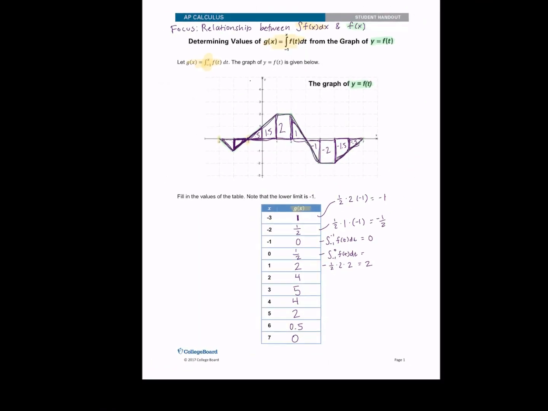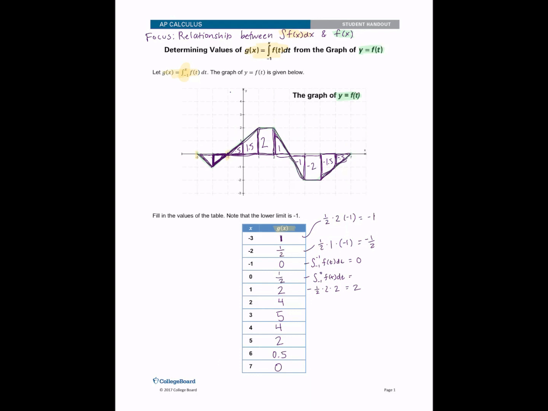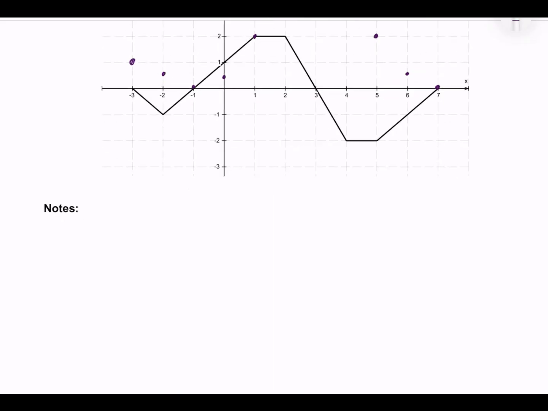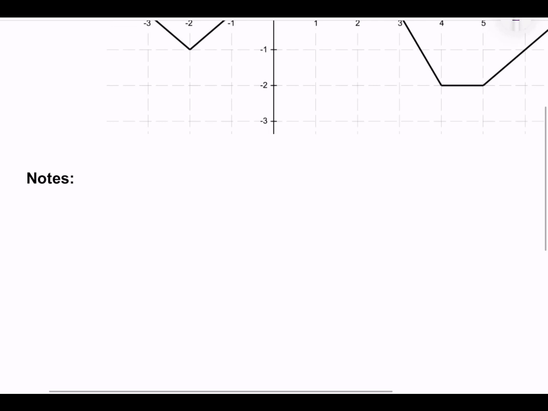So in this video we're going to figure out how to determine when g of x is increasing, decreasing, concave up, and concave down in order to get an accurate graph. We are going to add some notes under here. And the main note that I want you to know is that,